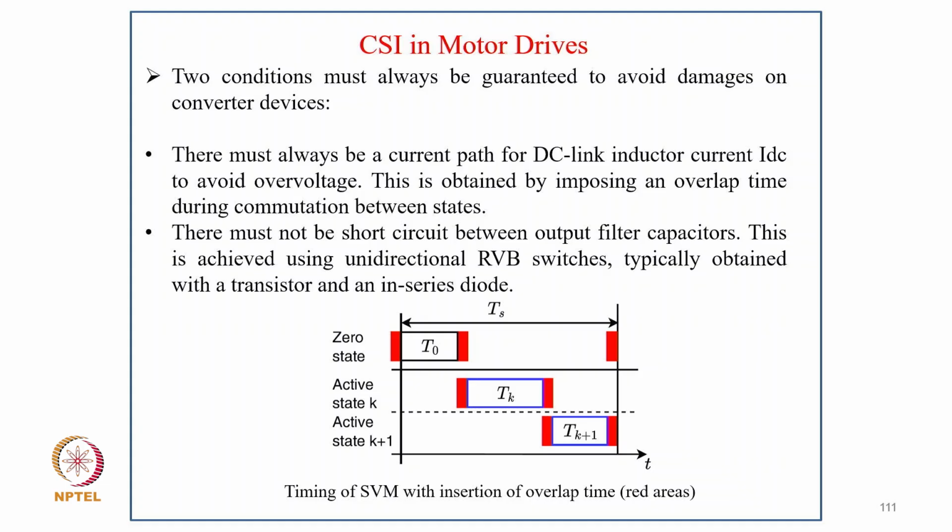So now two conditions must always be guaranteed to avoid damage in the converter devices. There must always be a current path for the DC current inductor IDC to avoid over voltage. This is obtained by imposing an overlap during commutation between states, and there must not be a short circuit of the output filter capacitor. This is achieved by unidirectional RB switching state, typically obtained with a transistor and a series diode. As you can see here, the timing of the SVM with the insertion of overlap time is presented by the red